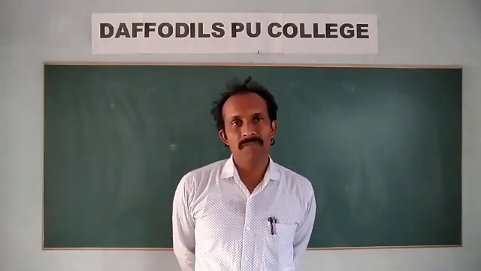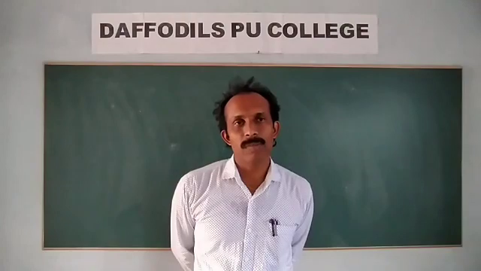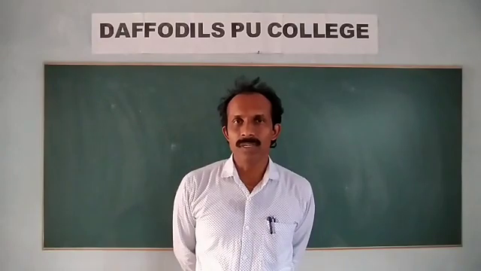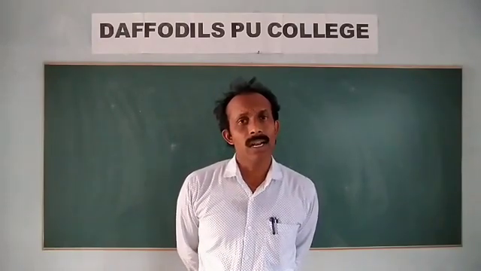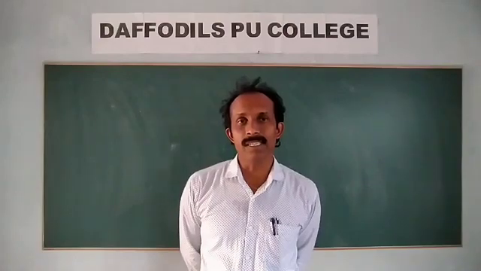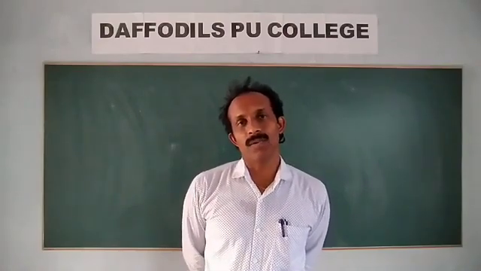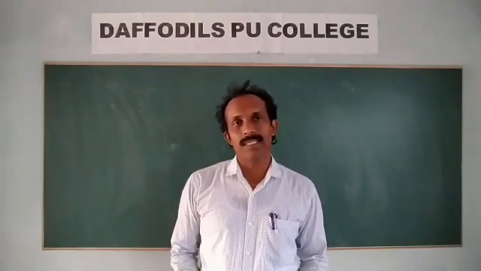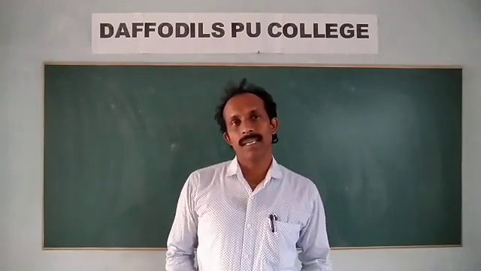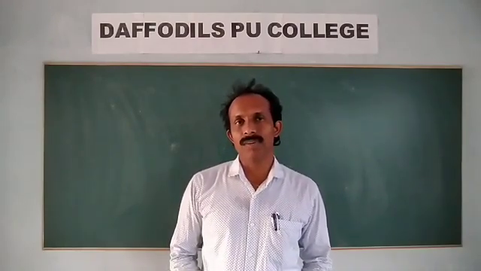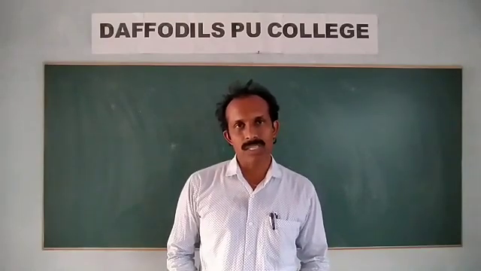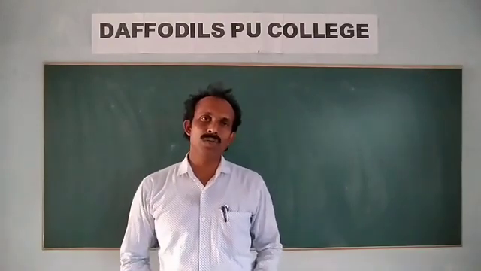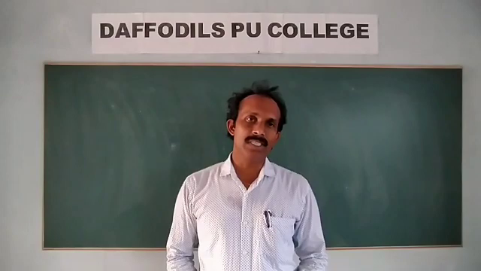Next, definitions. What is a singular matrix? If A is said to be a singular matrix, then its determinant is equal to 0. A non-singular matrix means its determinant is not equal to 0. And the theorem: if A is any matrix of order n, then it is invertible if and only if A is non-singular. From that we derive that A inverse is equal to 1 by det A of adjoint A.